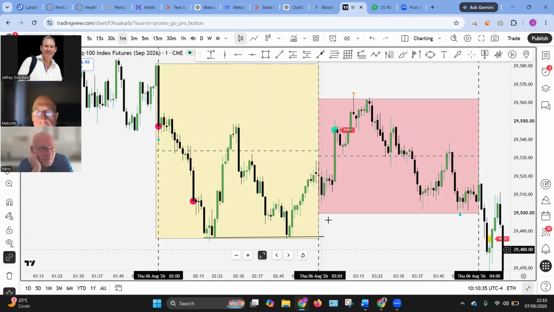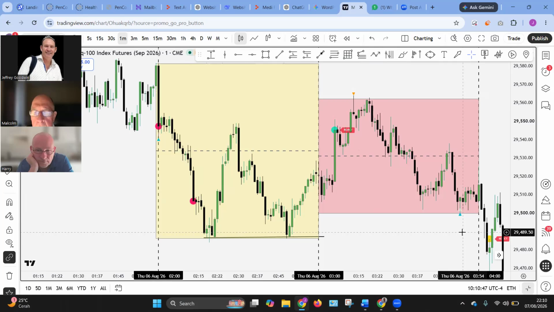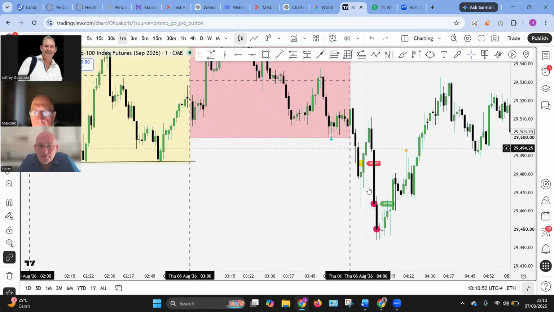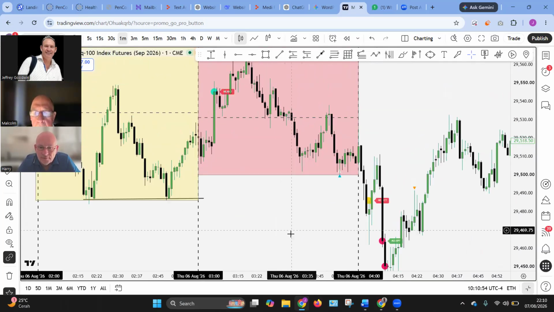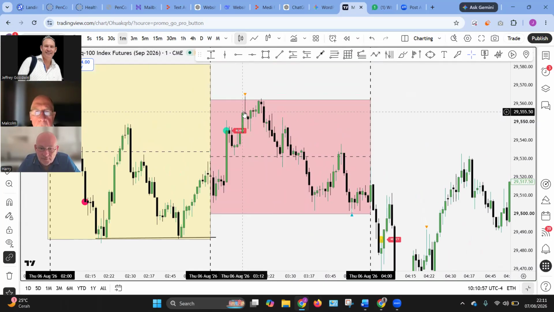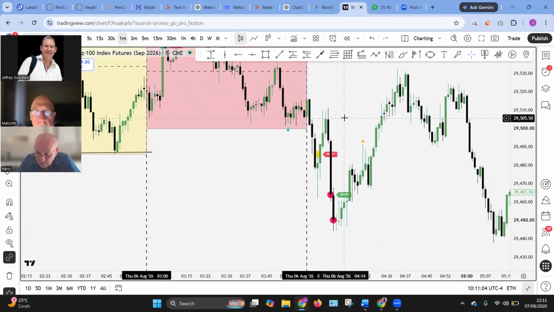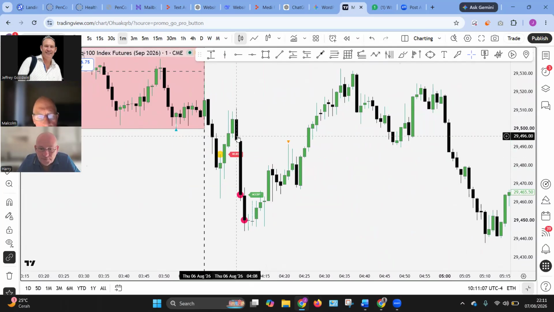And therefore the target after this is called internal liquidity. After that, you go internal, you go external. What's below there? External. And our target is below there. Internal, external. Internal never took the high. Thank you very much. Sell, sell, sell. From below there, if we're using our rules, it did break below there. Do we get a pullback? Yep. Continue with the selling, although it says exit there.